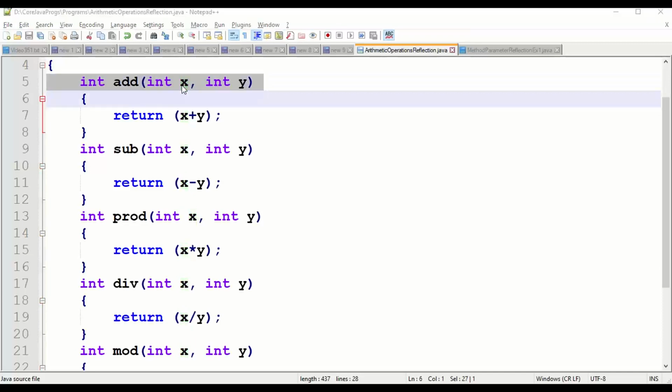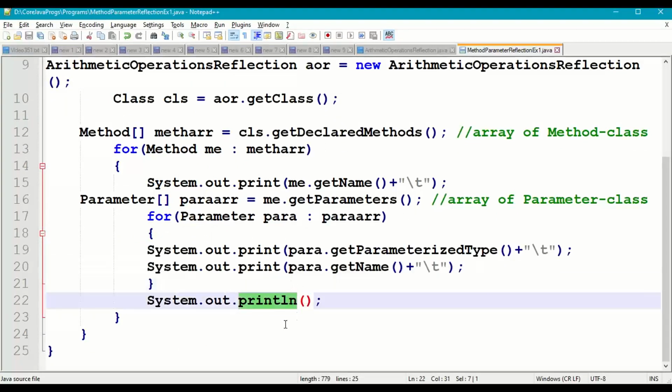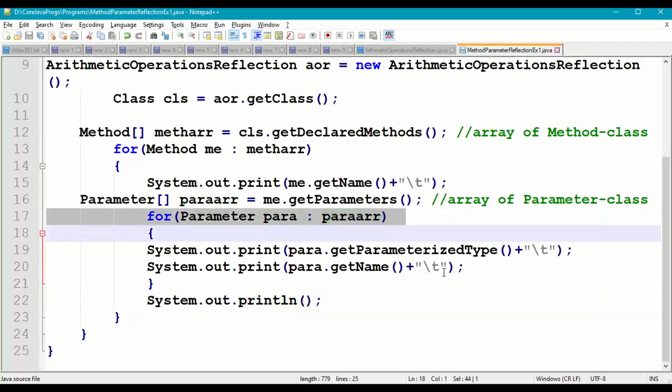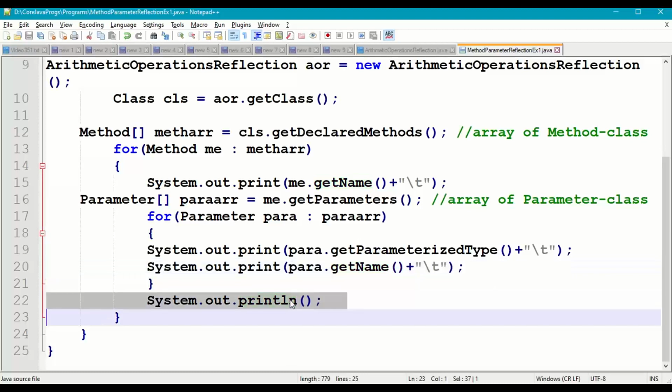Similarly, after that, take a new line and then go for the second parameter y. Parameter type int, getName y, and then take a new line.